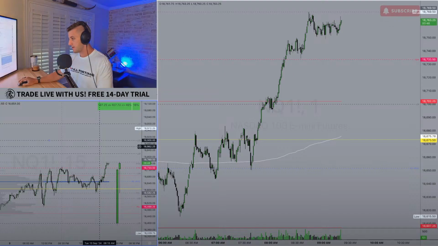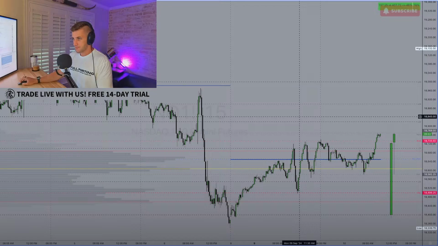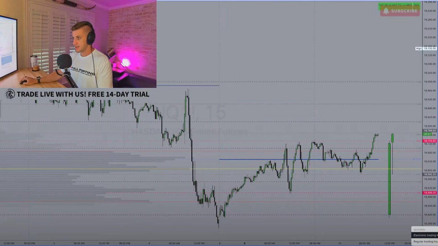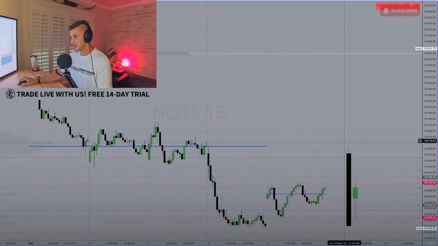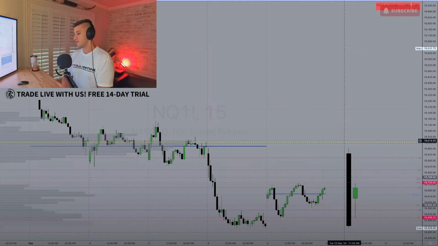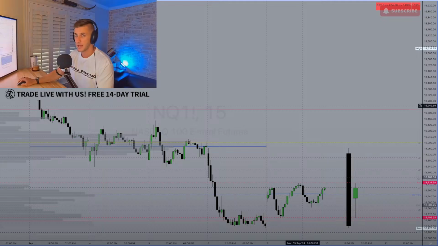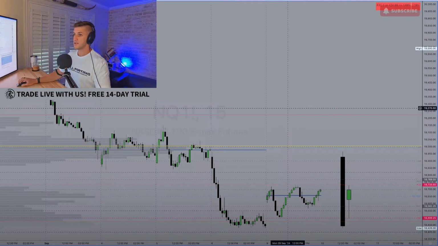So, quick recap here, taking a look at the structure. What we had yesterday, if we take a look at the regular trading hours chart, was a pretty straightforward inside day. Typically, anytime you have an inside day, you want to watch for a break of the inside day's range. In this case, price is currently trading near, even up and through, that prior day high. So that's going to be the focus for today, how price trades versus that prior day high on both NQ